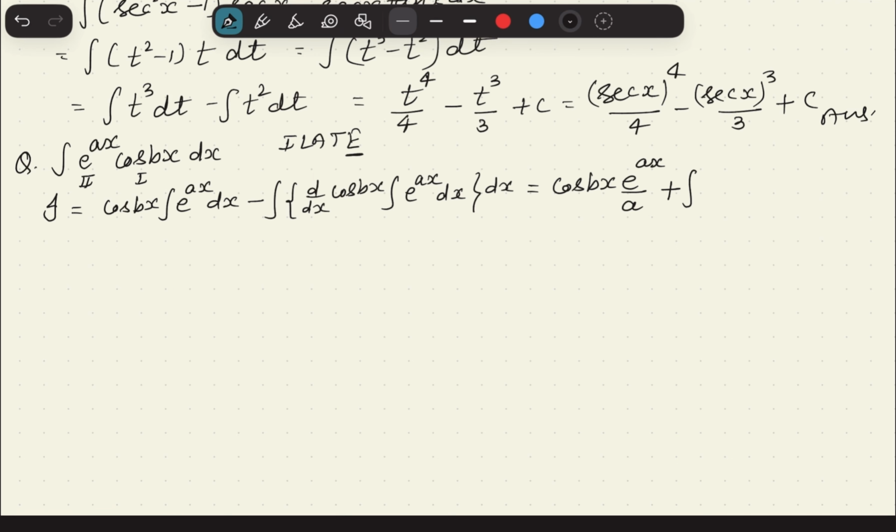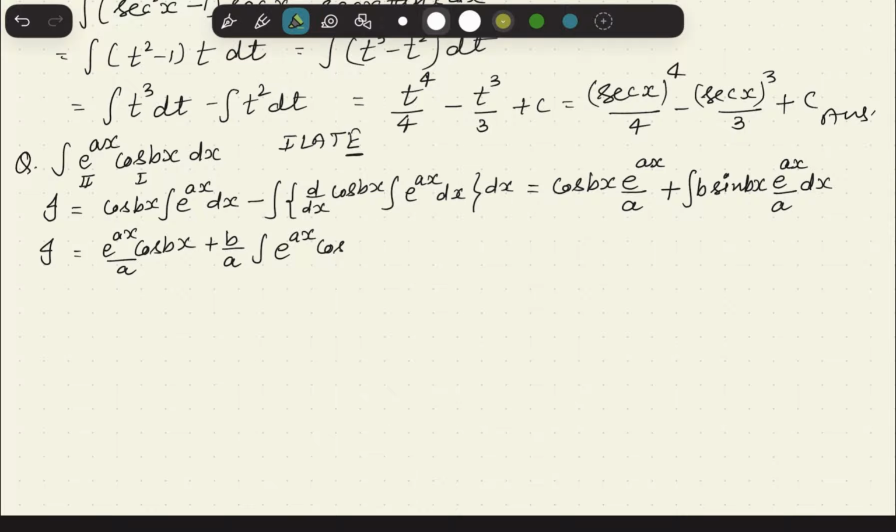So this minus will be plus b sin bx, and integration of e to the power ax is e to the power ax upon a dx. So this I is equal to e to the power ax cos bx upon a plus b upon a integration e to the power ax, not cos, this is sin